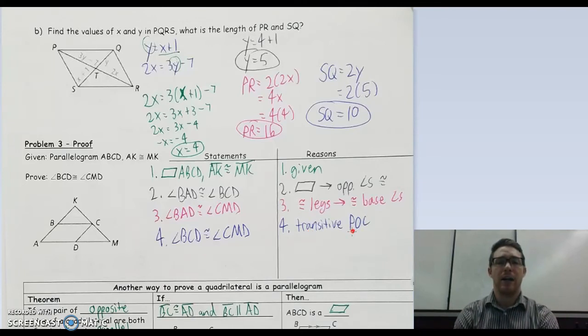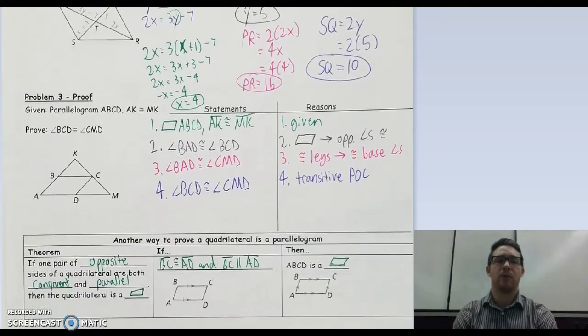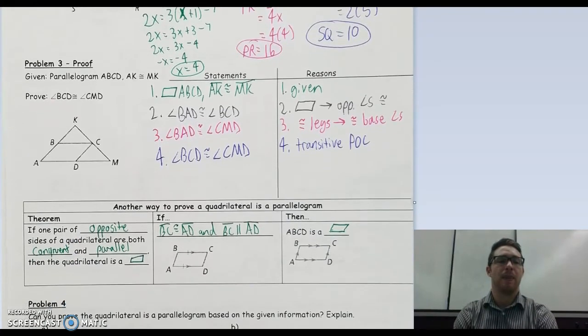I just added that in there at the end just to state that it's a property of congruence, but the important part is that transitive links together two statements using the fact that BAD is congruent to both. So one more way to prove that we have a parallelogram that we're adding in,